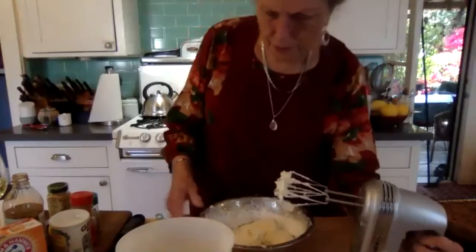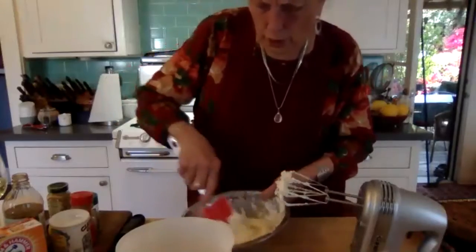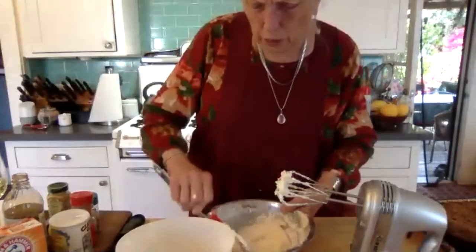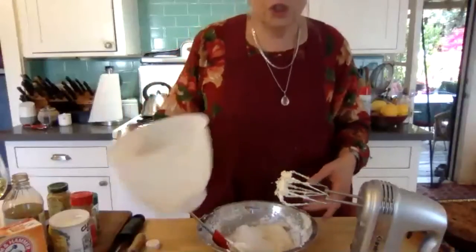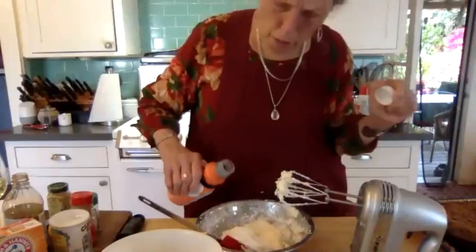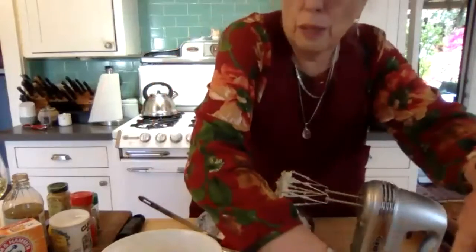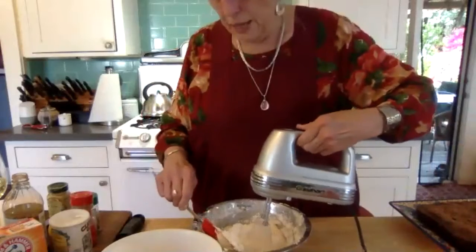And looks pretty good. I think I'm going to put a little bit more sugar in, the full 2 cups. And I'm going to put a dab. Now this could be milk, it could be cream. Well, this is cream, but it makes it just,